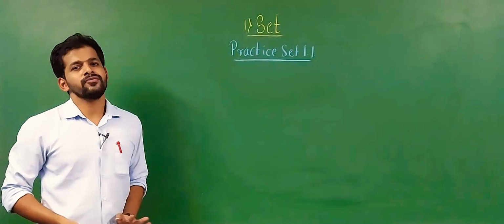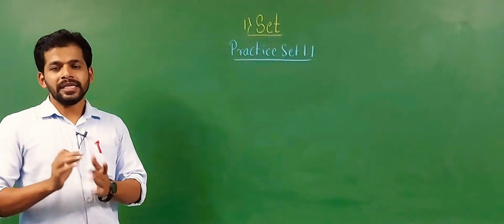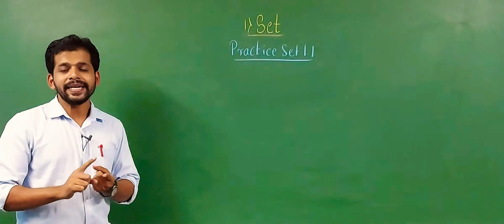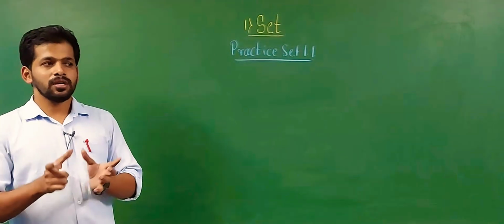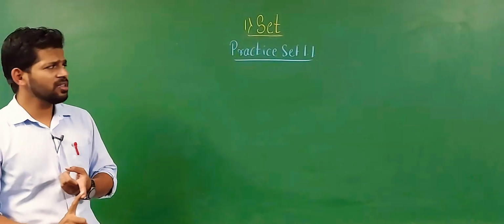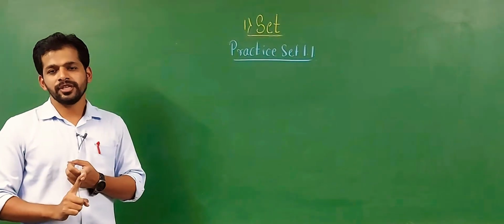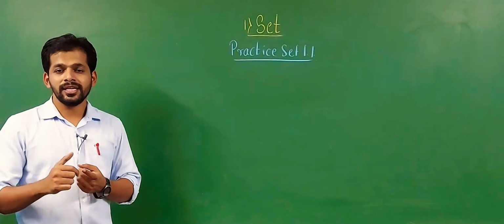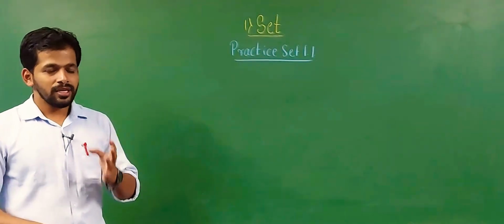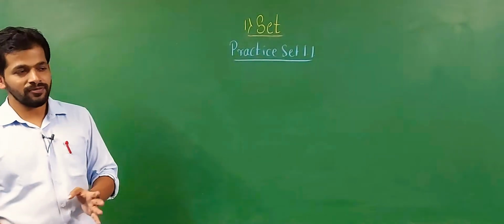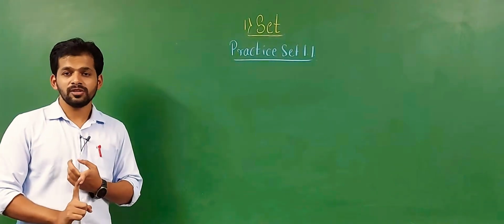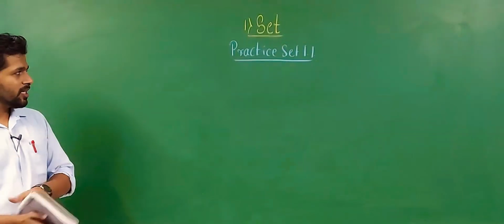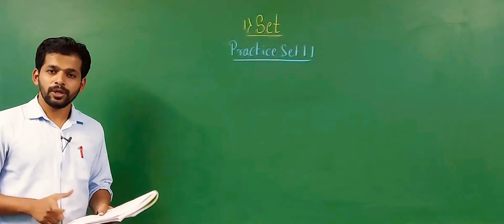Today we are going to start a new lesson, numbers first, that is Practice Set 1.1. In the previous video we completed up to the theoretical part. In that theoretical part we took the first definition of set. Two words are important: clearly and definitely. A set is a collection of elements. Sets are denoted by capital letters A, B, C, D up to Z, and elements by small letters a, b, c, d. There are two ways to write the elements of a set: the first is the listing method or roster form, and the second is the set builder form, or rule method. Next we take Practice Set 1.1, based on those theoretical parts.